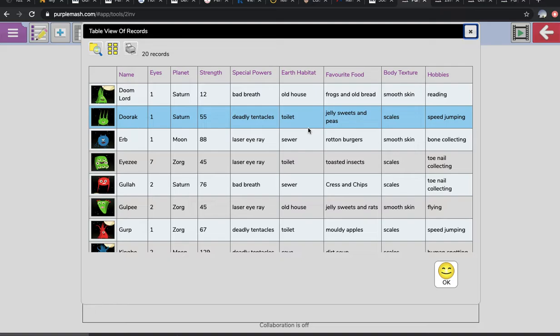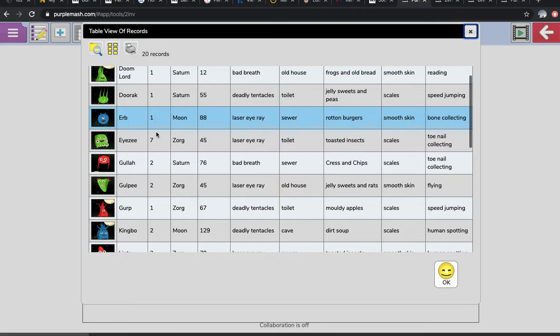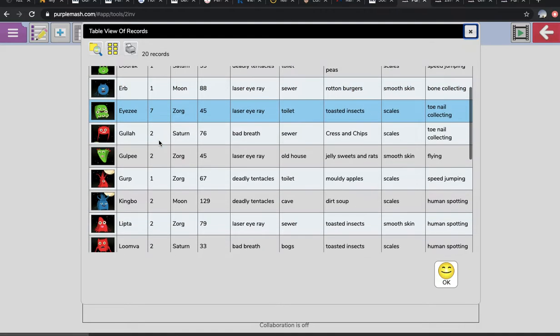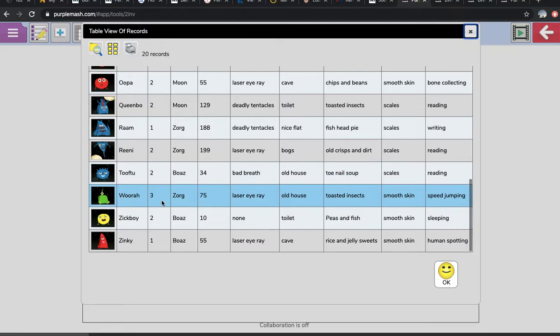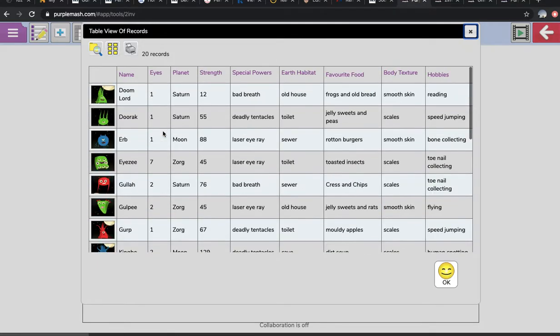So, for example, if the question was, how many aliens have more than 3 eyes, or 3 eyes or more, we could search through and say, oh, that one's got more than 3, that's 1, and that one's got 3 or more, so that's 2. However, that can take a lot of time, especially with some of the other ones which are a bit more wordy. So if we click on the box with eyes on,